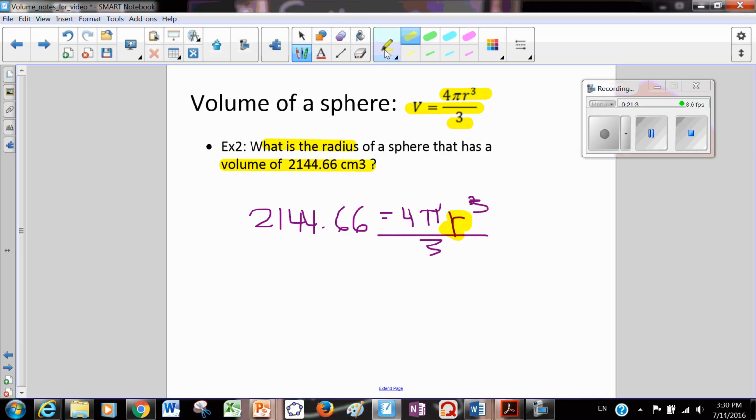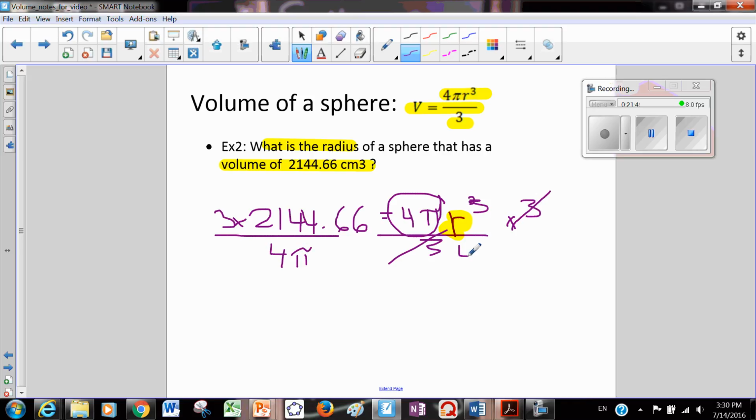Okay, so how do you get rid of divided by 3 here? You need to times by 3, and they're going to cancel out. So you need on the other side to times by 3 as well. And how do you get rid of this? You need to divide by 4 pi on both sides. If you divide here by 4 pi, this is going to cancel out with this. So we're left with r cubed is equal to,